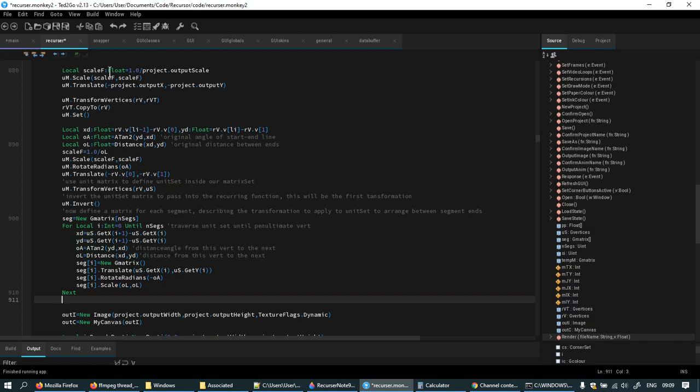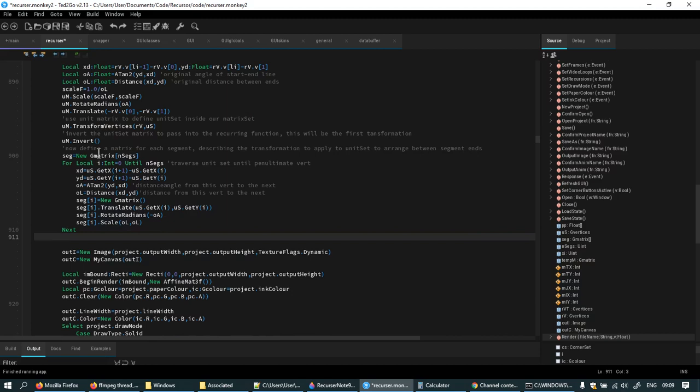These little pieces are discardable pieces of information. They're used to determine the past matrix and the unit set and the segment matrices. The unit matrix, or the past,